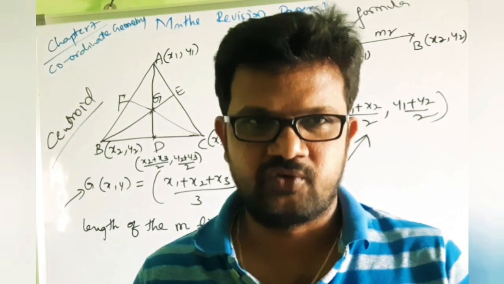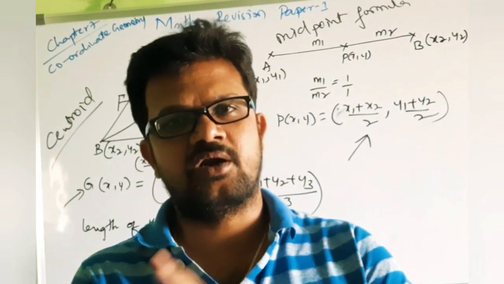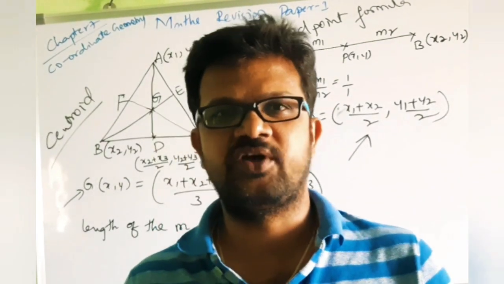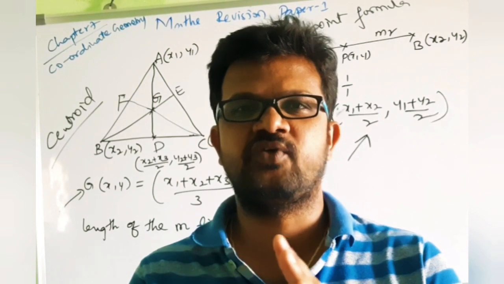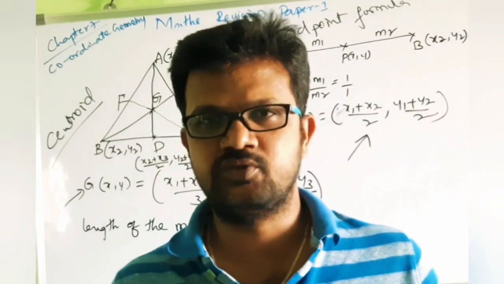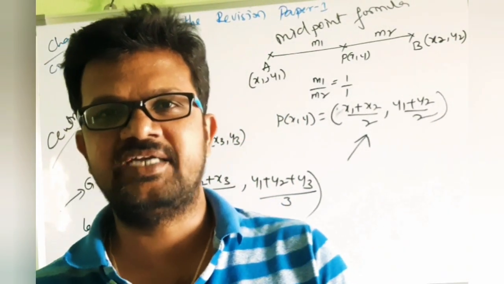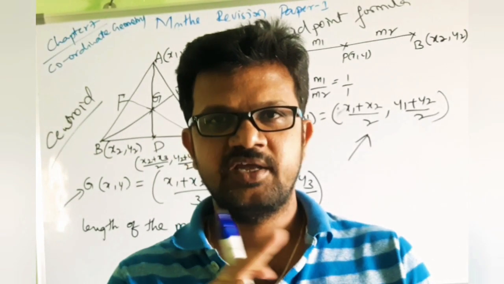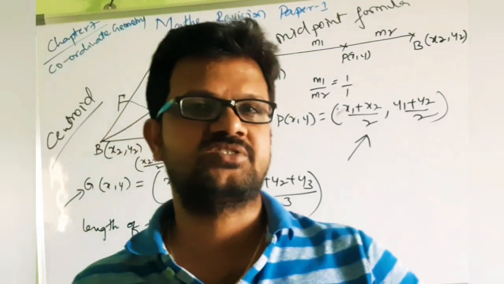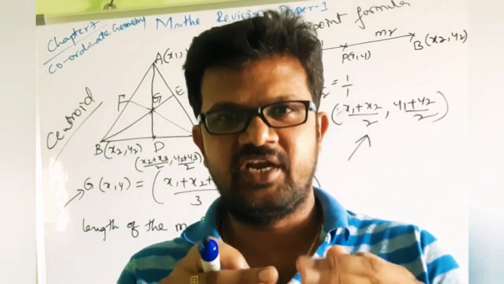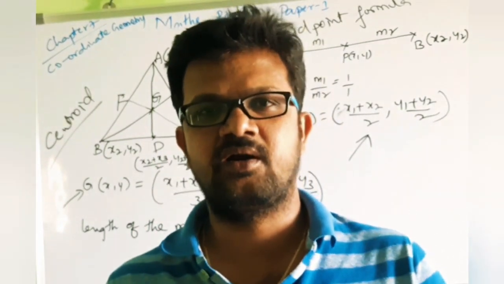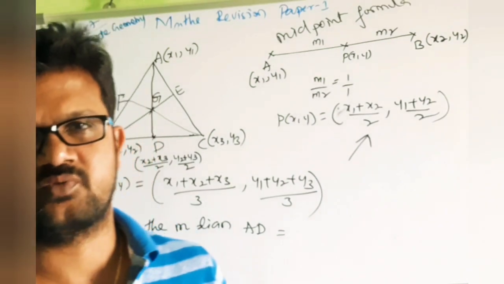If you have any doubts in this chapter or progressions and quadratic equations, pair of linear equations in 2 variables, for pair of linear equations in 2 variables and quadratic equations, I already made separate videos. You can watch those videos. For progressions, coordinate geometry and real numbers, especially logarithms, if you have any doubts, you can write in the description section. I will make one more video. And if you need any important questions, you can also write it. I will make one separate video for important questions from this paper 1.